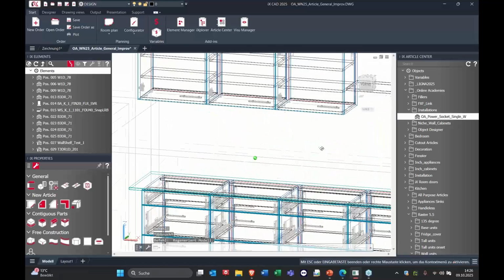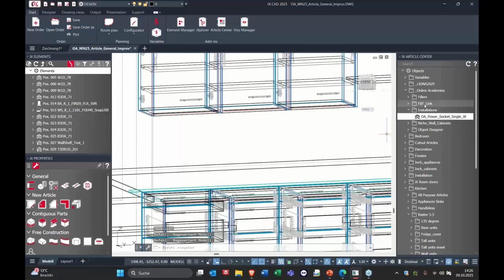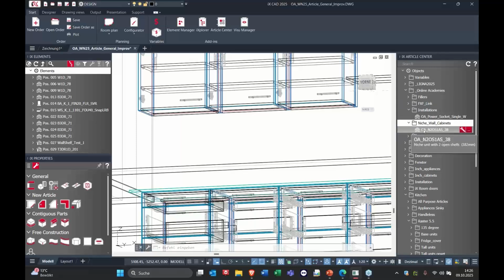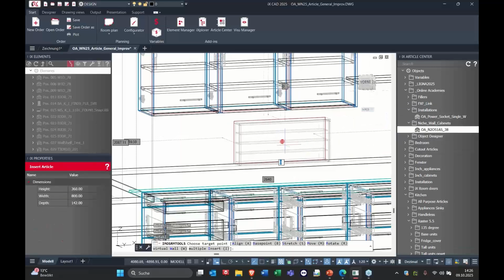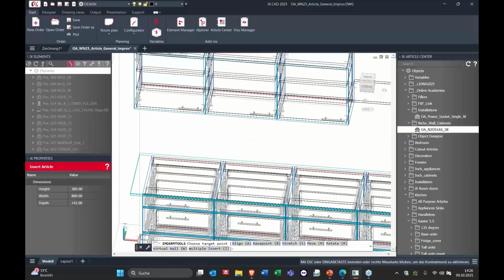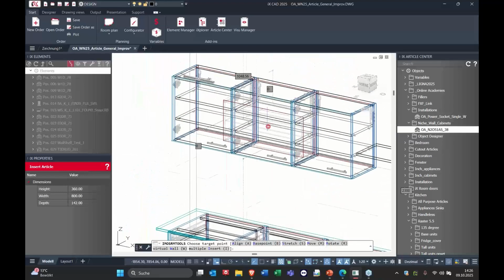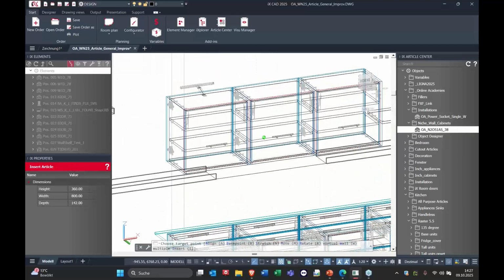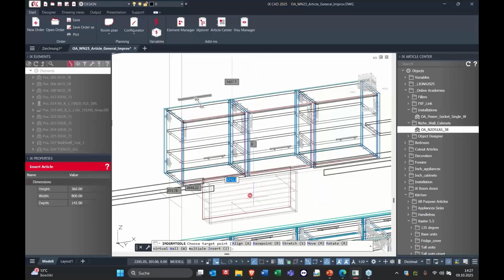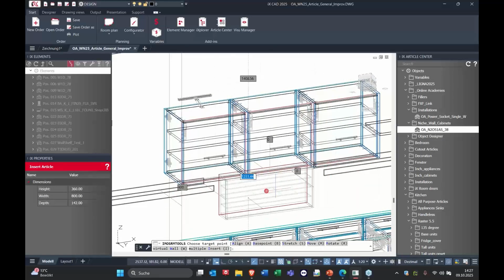So let's say I have this niche wall cabinet like this, and I want to insert this niche wall cabinet below my wall units, and maybe I want to insert it right at the middle of the